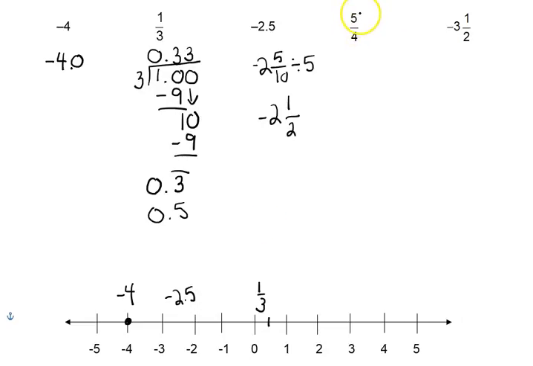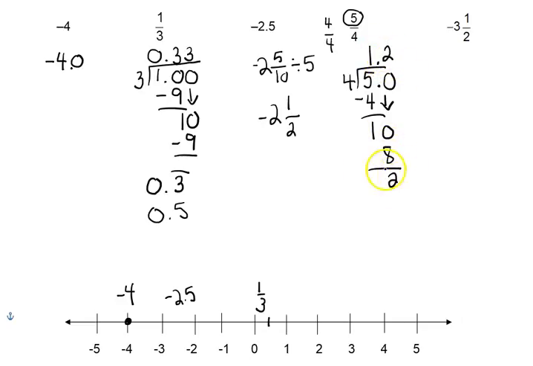5/4 is an improper fraction because our numerator is bigger than our denominator. 4/4 would be a whole, and we have more than that. So 5 divided by 4, 4 goes into 5 once, and we have 1 left over. 4 does not go into 1, so I'm going to add a decimal, bring it up, and add a place value. I'm going to bring my place value down. 4 goes into 10 twice, which is 8. I have 2 left over. 4 does not go into 2, so I'm going to add another place value and bring it down. 4 goes into 20 exactly 5 times. And so I'm done. So 5/4 is the same thing as